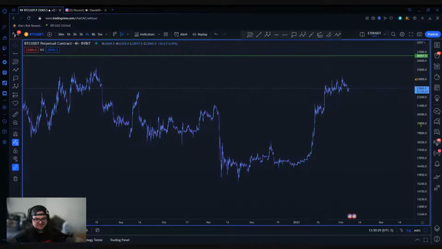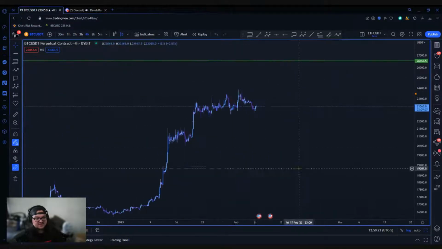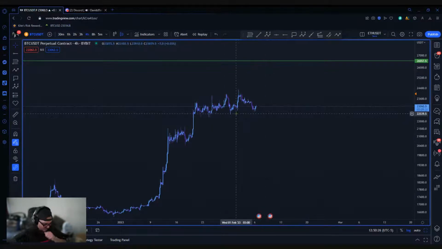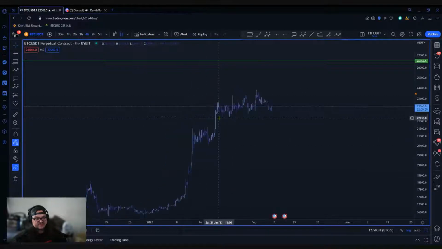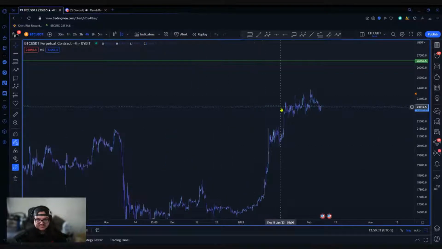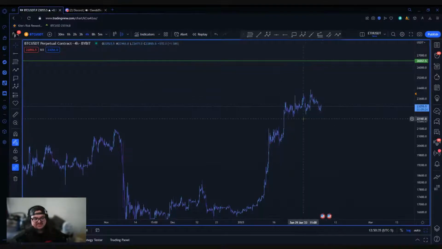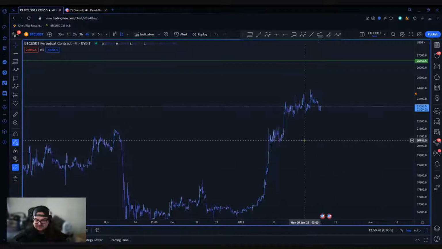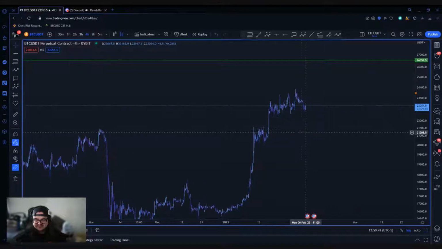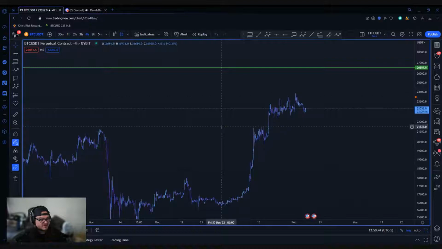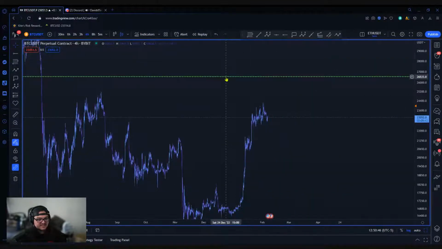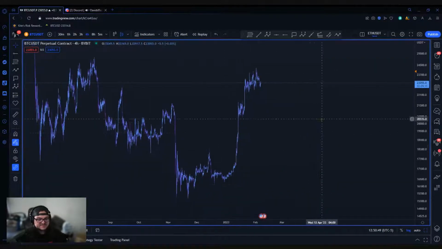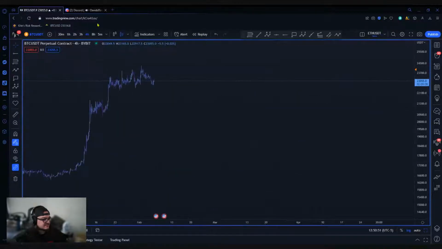If you're trying to view things from a 5-10 minute perspective, those areas are not the ideal situation, because the levels aren't as important on a 5 to 10 minute than they are on a 1 to 2 hour or 4 hour time frame. But yeah, definitely a good move there. But going back to what I was saying before, that's pretty much how we played reversals, continuations, and so that's pretty much it.